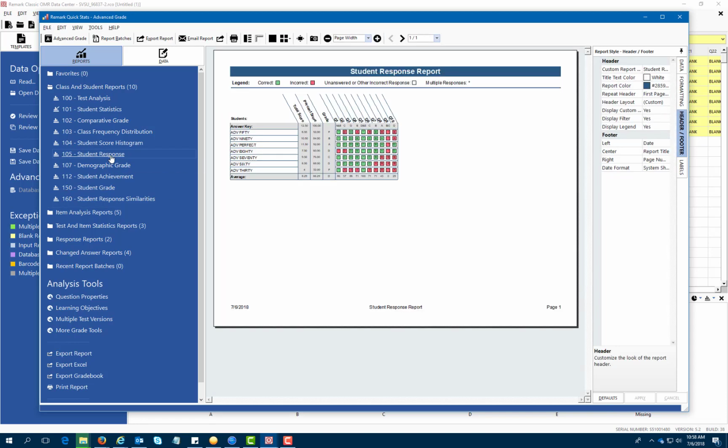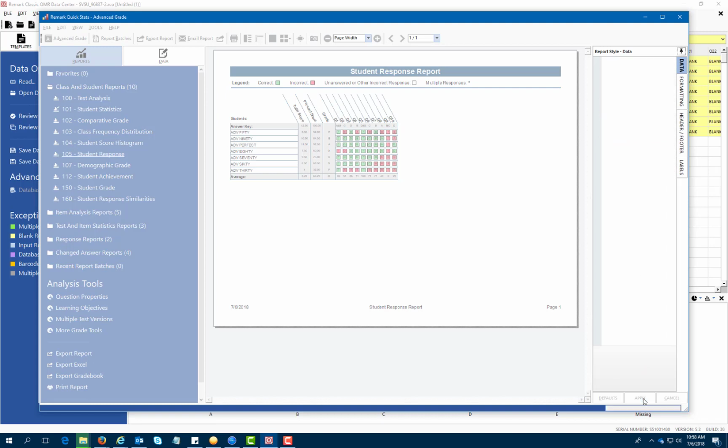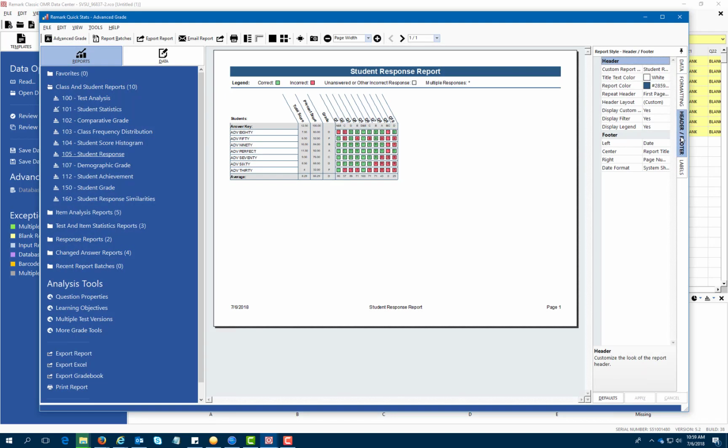Another common report is the Student Response Report. This report gives you a listing of all your students and what they marked for the test. Again, to sort them alphabetically, you'll need to go to the Data tab, choose Sort Students and Respondent ID, and